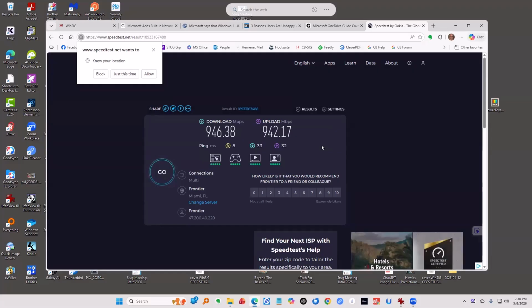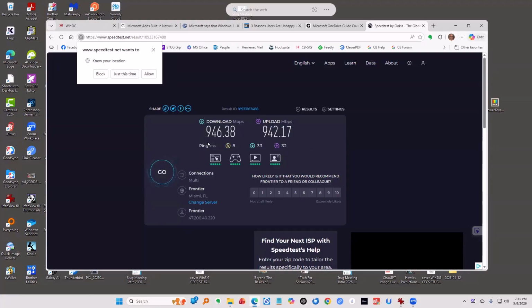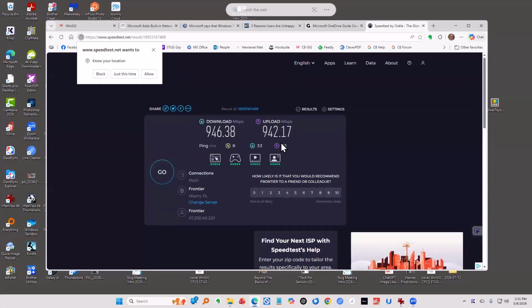If you got three TVs on and you're streaming on all three of them, that's going to affect it as well. And if you're on a laptop that you're using Wi-Fi and not direct connect like I am, you're not going to get the speeds that they tell you you're paying for. If you can, you want to connect directly with a wire to your router because you can see what I'm getting. I'm paying for 1 gigabit and I'm getting pretty close to it, both up and down,